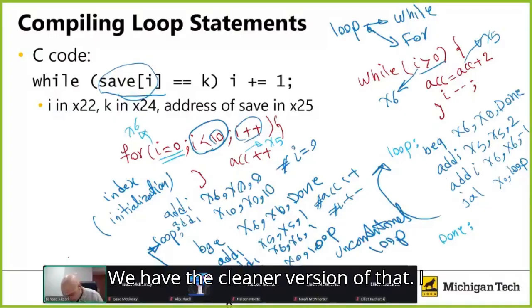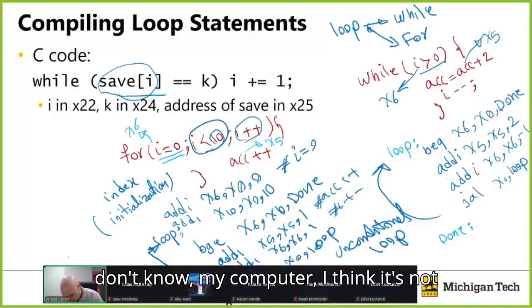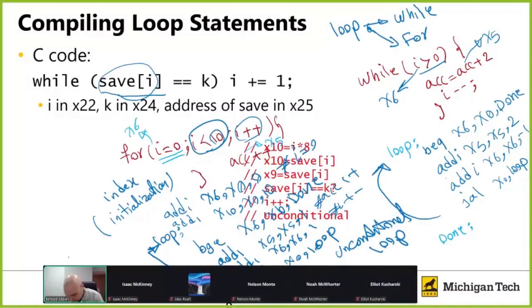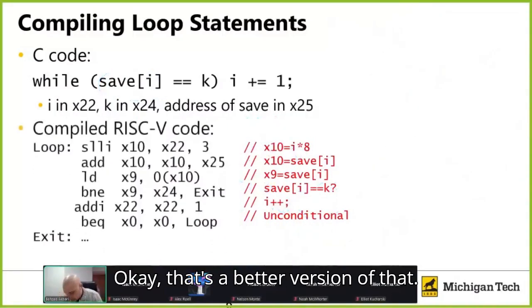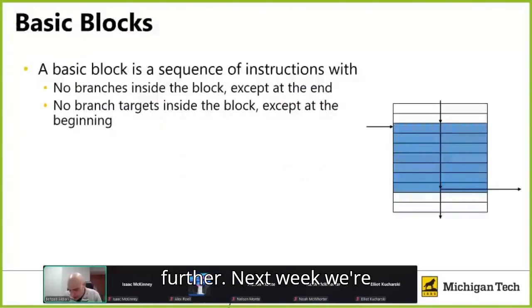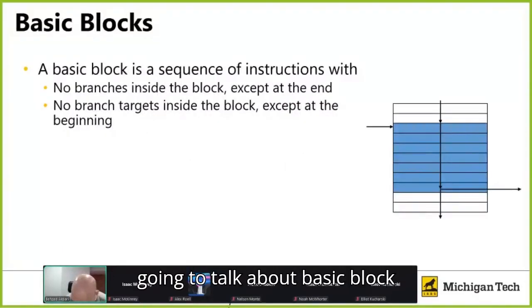Let's have the cleaner version of that. I don't know, my computer I think is not working anymore. Okay, yes, it works. Okay, that's a better version of that. Okay, that's it. We're not gonna go further. Next week we're gonna talk about basic block and